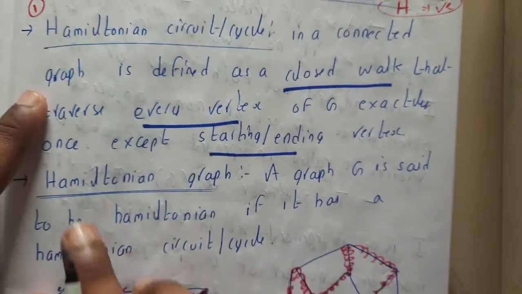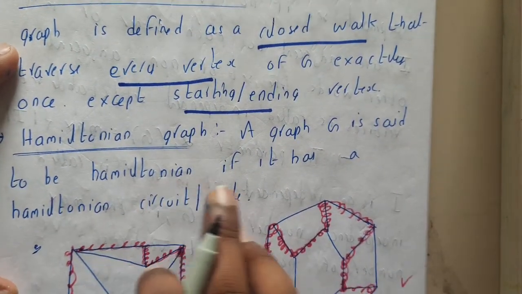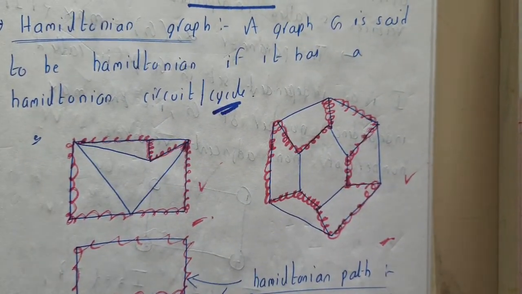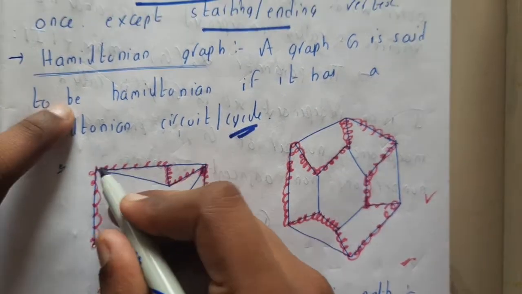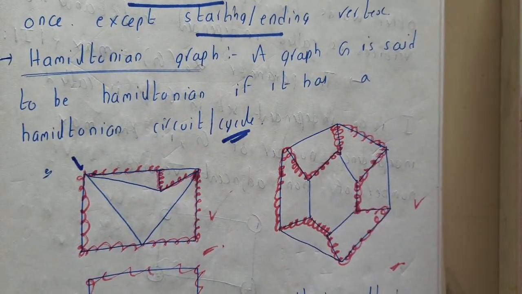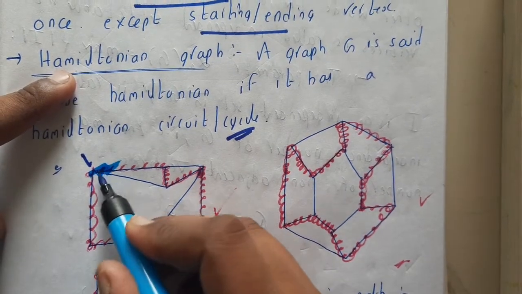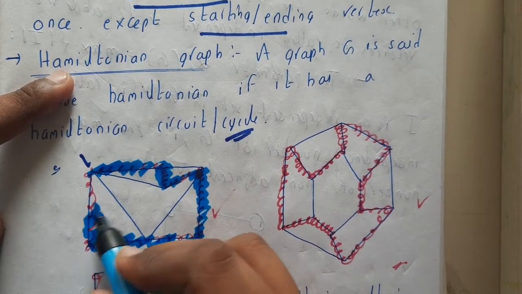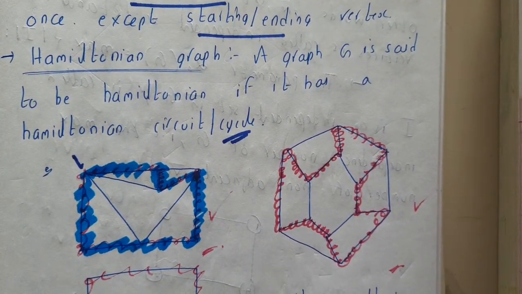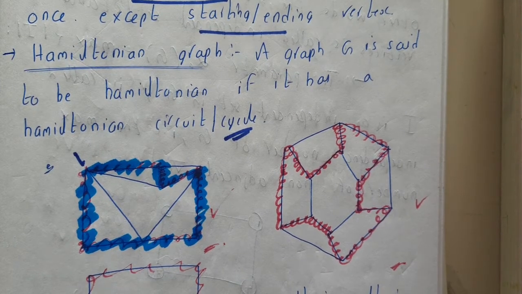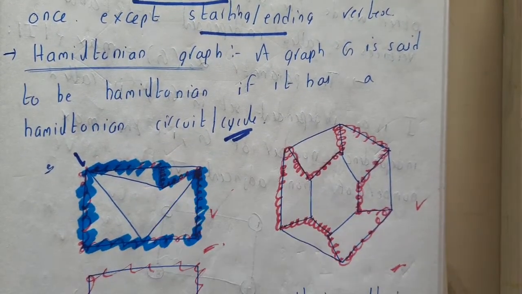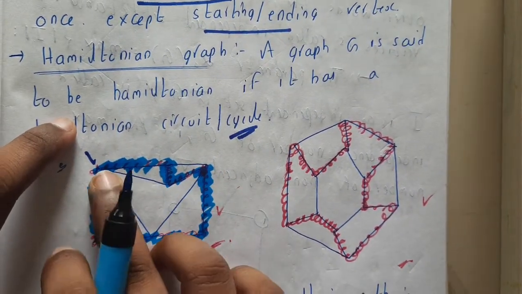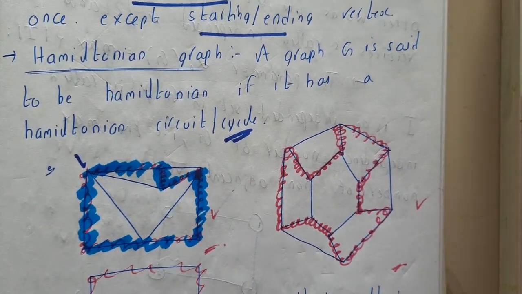Okay. So a graph is said to be Hamiltonian if it has a Hamiltonian circuit or cycle. These are the three examples, guys. You can just assume it in this way. Initially assume you started here. I think this pen will be appearing, right? Okay, it's appearing. So we'll be starting here and continuing in this way. At the end we reached the start. We passed through each and every vertex, right? Hence, it is a Hamiltonian circuit, and this graph is a Hamiltonian graph. Sorry for that, guys. So this path is a Hamiltonian path, and the graph is nothing but a Hamiltonian graph.